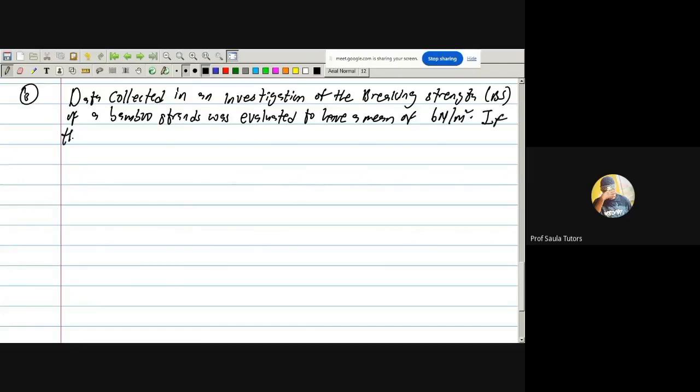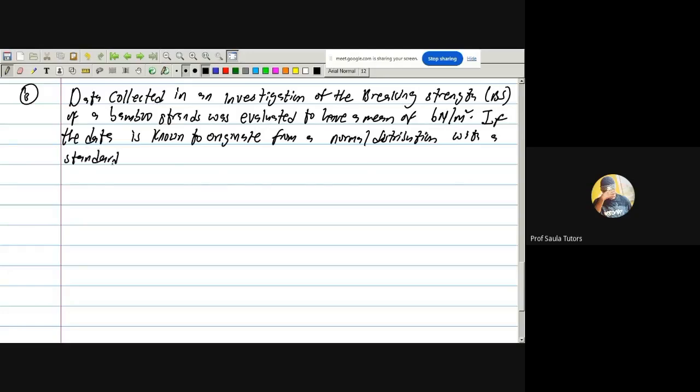If the data is known to originate from a normal distribution with a standard deviation of 2 Newton per meter square, what is the probability